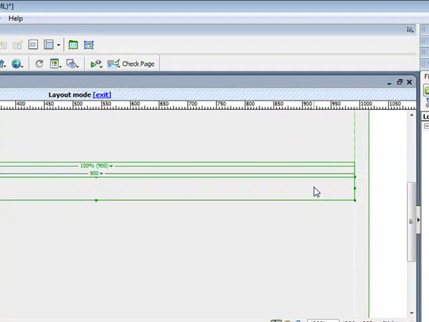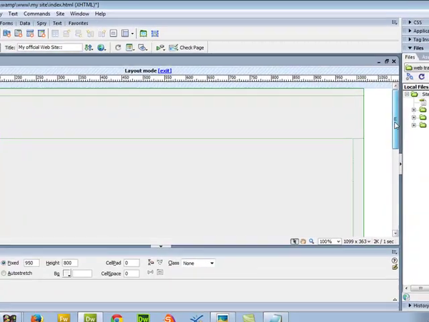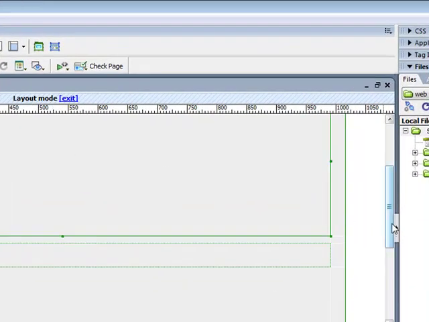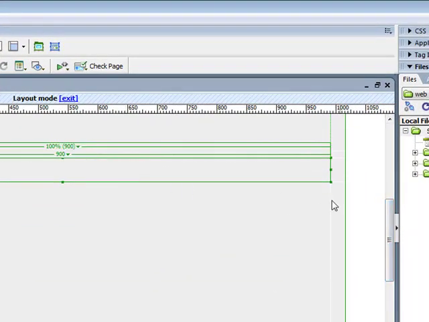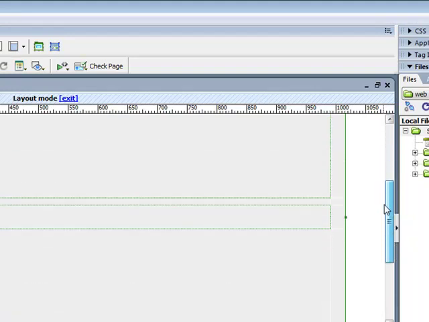being created automatically. So you see, we have our header, we have the body, and then we now have the navigation, where the navigation will be. All right, now